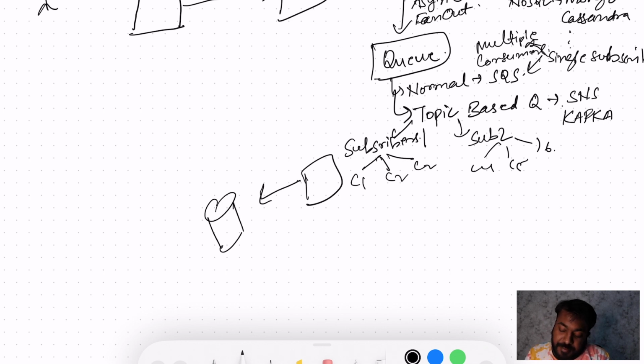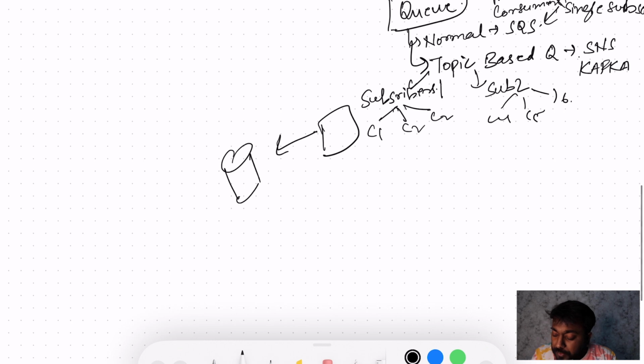So the DB's choices remain the same. I mean, you can have a SQL DB, NoSQL DB, and lots of other stuff. I'll not go into the details of them. Talking about